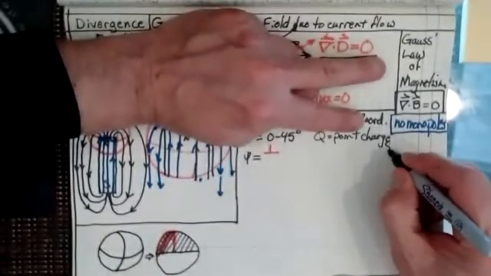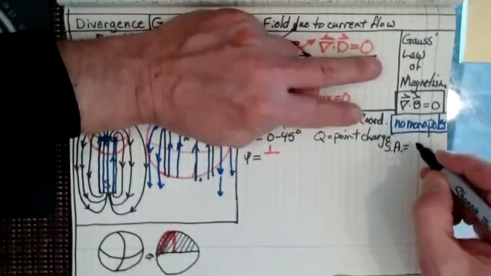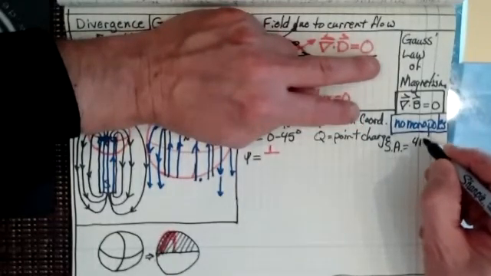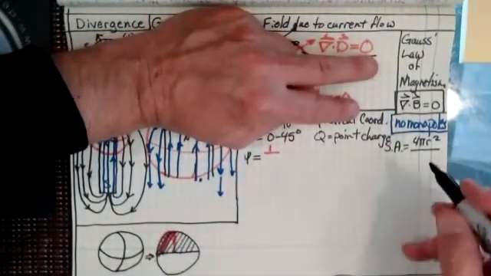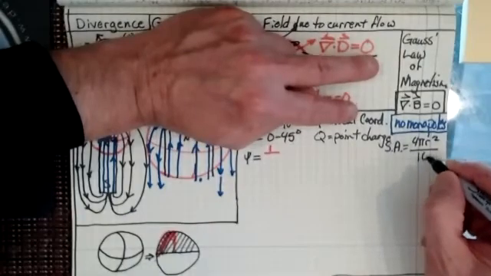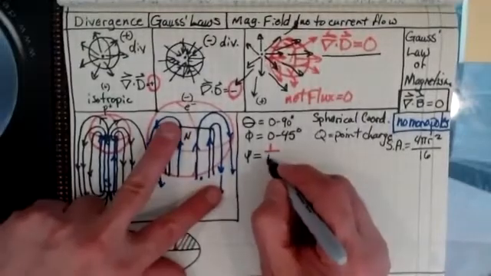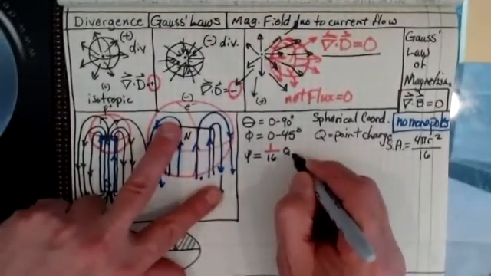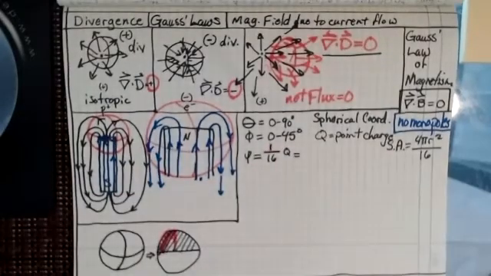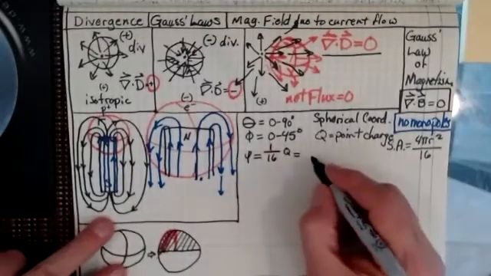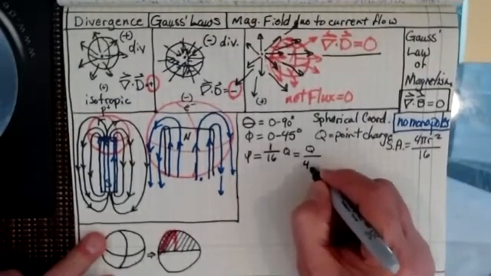Okay, so the surface area equals the total surface area, 4 pi r squared, the total surface area of a sphere, divided by 16. And I would expect that the flux is also going to be 1/16 of the charge. There, that's better. So let's see if that is the case. So if the flux for a point charge is Q over 4 pi,